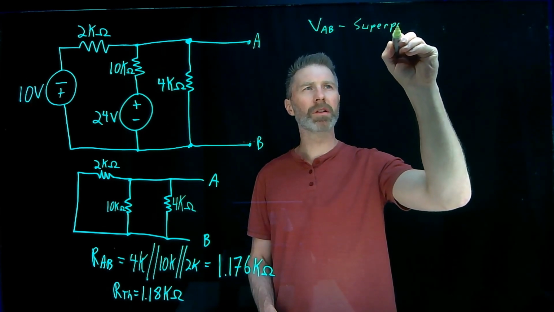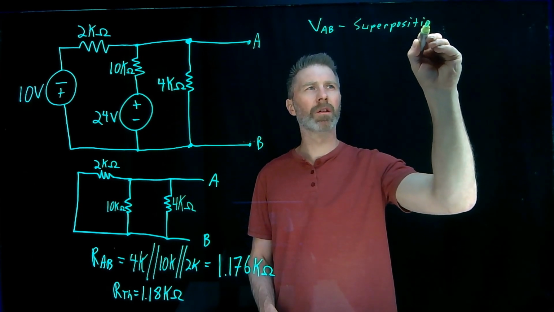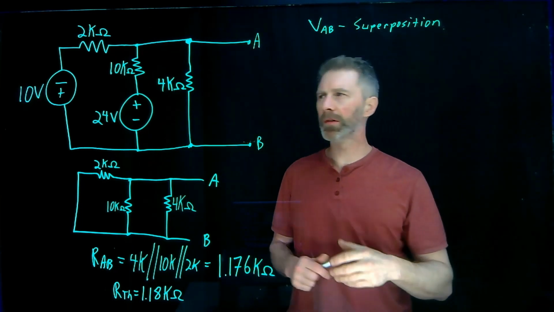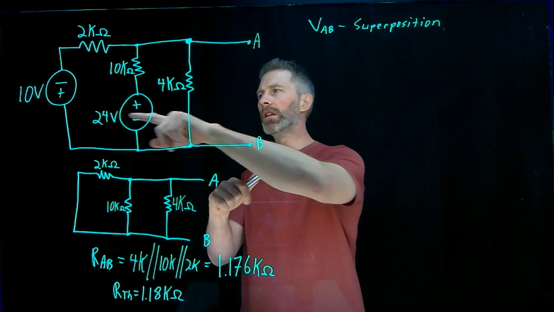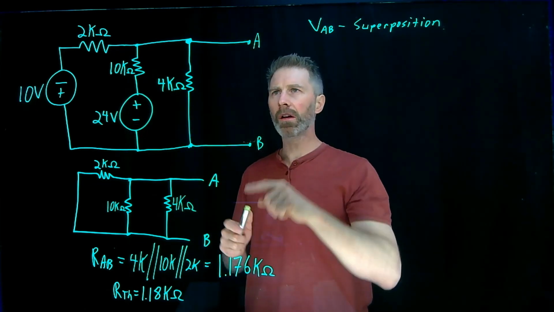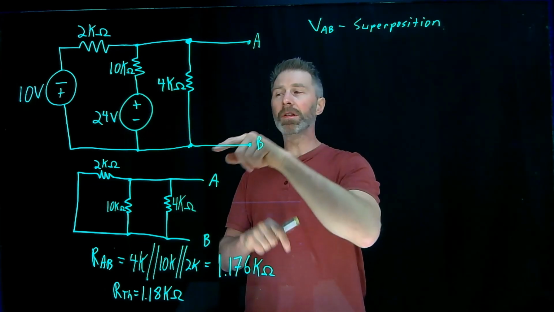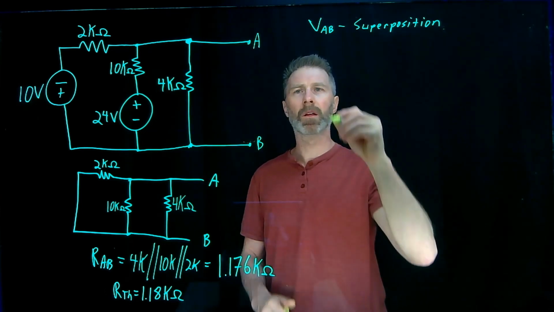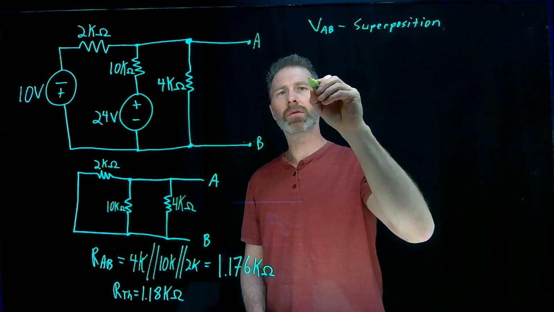There's a number of different ways you could go about doing this. To me, superposition looks like it'll be the easiest one to do. So basically with superposition, I'm going to find VAB due to the 10 volt source only, and then VAB due to the 24 volt source only, and then add those two values together. So with the 10 volt source only,